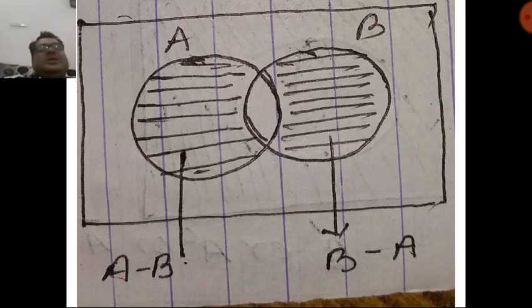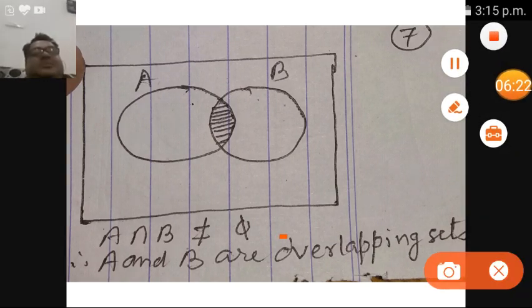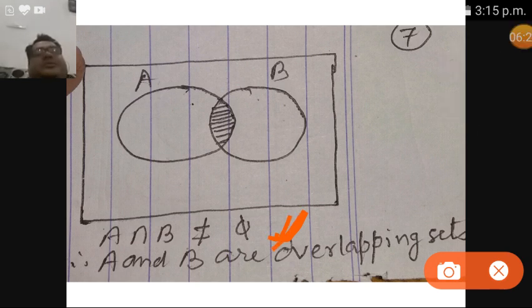Okay. Come to the next. Here what we see is that A intersection B is not equal to phi. Phi means what? Empty set. An empty set is what? The set without any element. So A intersection B is not equal to phi means what? A and B are having some common elements, and this thing we have represented with the help of the figure,